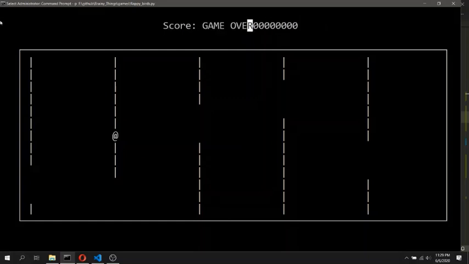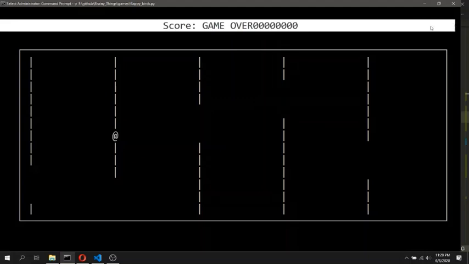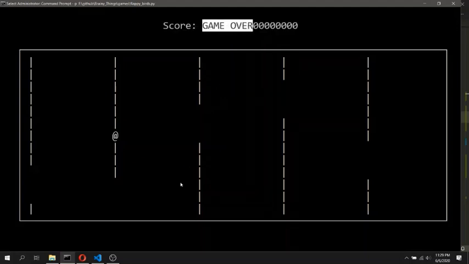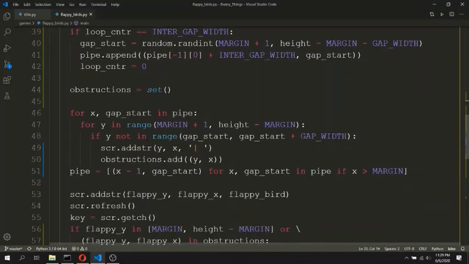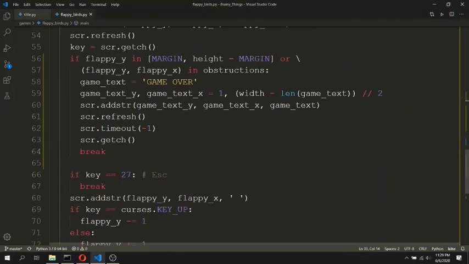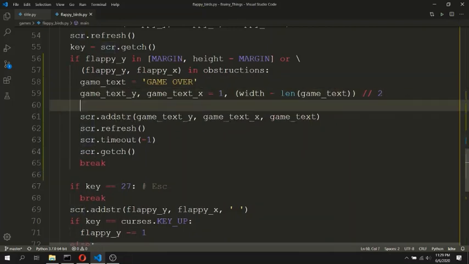So we need to delete this entire line before displaying the game over text. So before we render this game over condition on this line, we need to delete the entire line of y equal to 1.